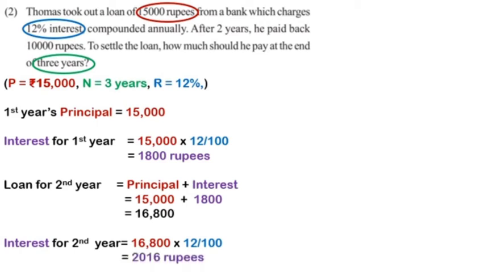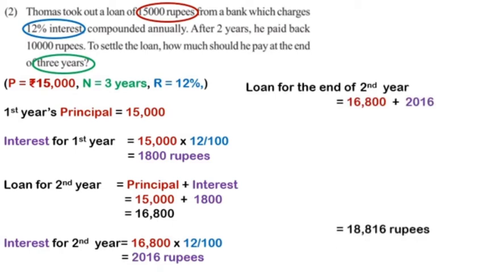That is 16,800 into 12 by 100. That is 2,016 rupees. Then loan for the end of second year is 16,800 plus 2,016. That is